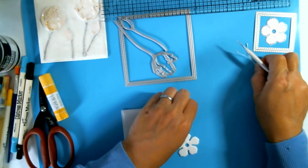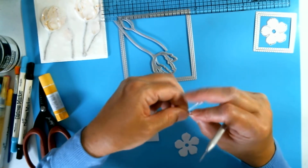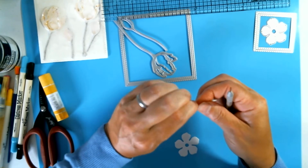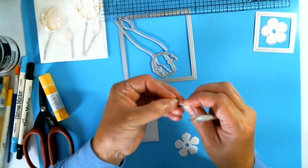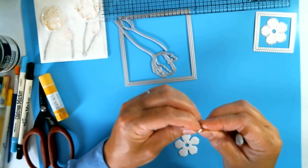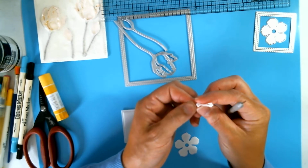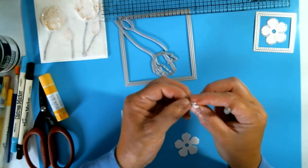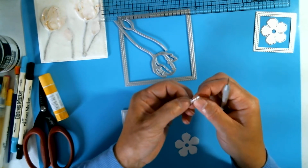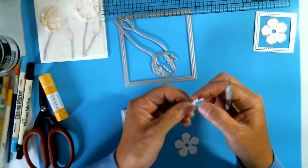I'm now going to take my stamens and double them over, give them a bit of a pinch, and attempt to tuck them through that hole. That was successful. I'm quite happy with that. I'm going to pull them through where I need them and kind of arrange them right now before I glue the whole thing down,